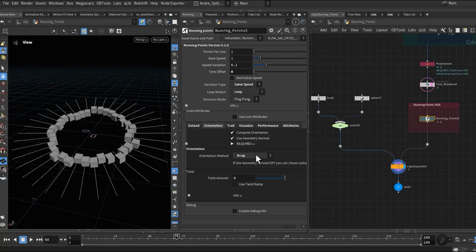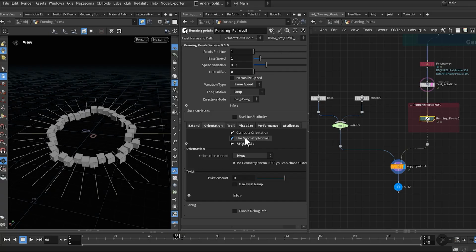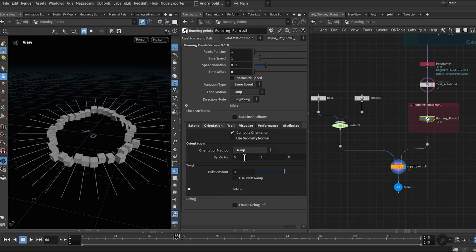It works with use geometry normal off and orientation mode 0, normals and up. An additional option then appears to set the up vector manually. You can see you can now change the up vector.